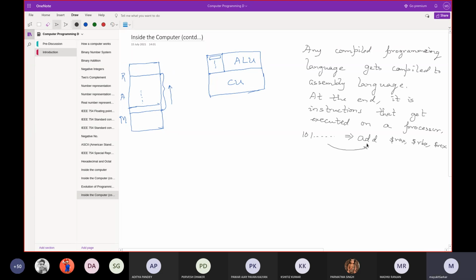So it's assembly instructions and it's machine instructions. Eventually, at the end, it is the step-by-step instructions that get executed on the processor for that particular application. So maybe there is some instruction here, maybe say 1 0 1 1 and so on. There are other instructions here, maybe 0 0 1. And now what happens is that firstly, when